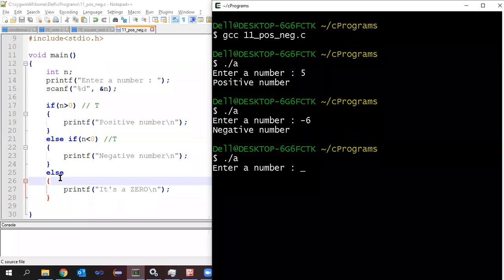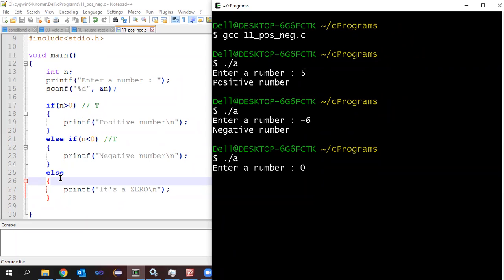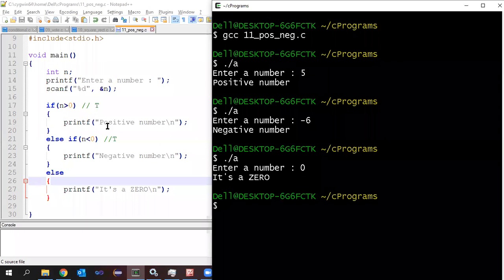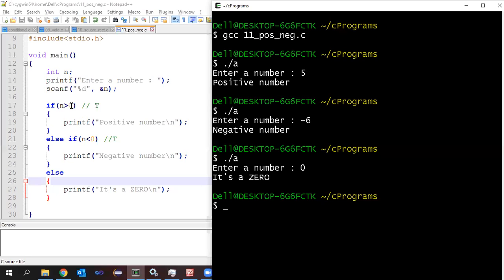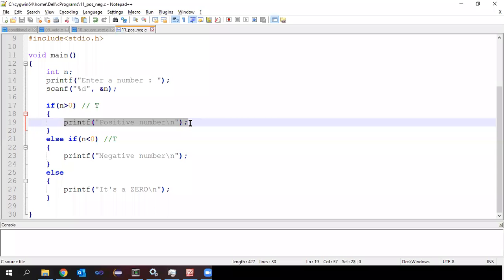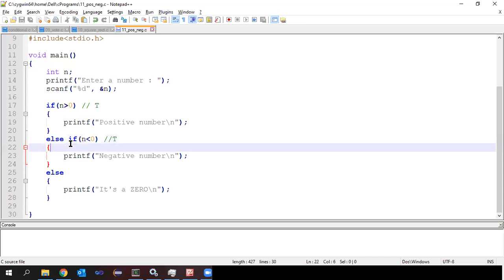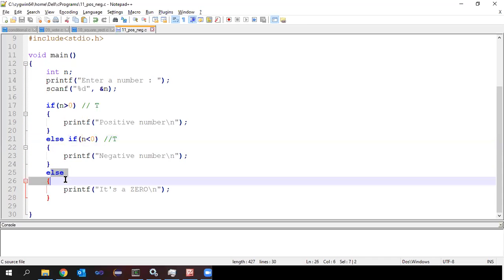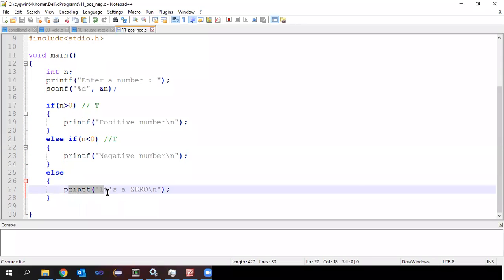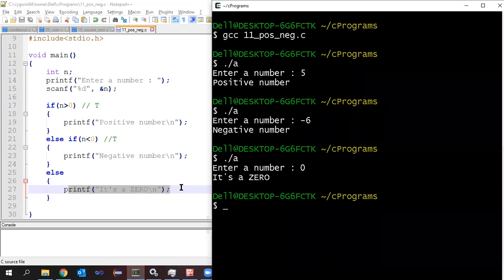Now let us check for the last possibility. This time I enter the number 0. What did I get as the output? It is a 0. How did it display the 0? It again started from the if, line number 17. Here 0 greater than 0. Condition is false, means this statement will be skipped. Next, else if. In else if, what is the condition? 0 less than 0. Again the condition is false, so it will skip this part. Then it will go to the default, that is the else statement. In the else, what have we written? Printf, it's a 0. So in this way, we could successfully apply multi-way branching here by using